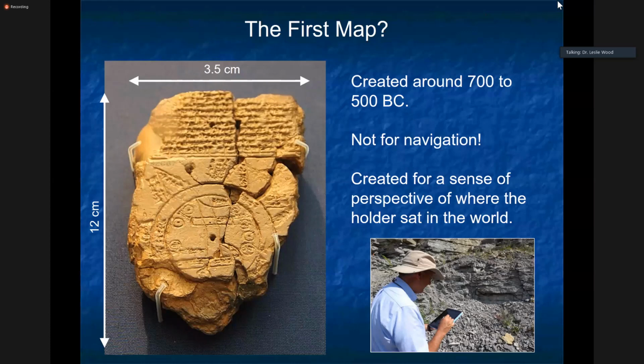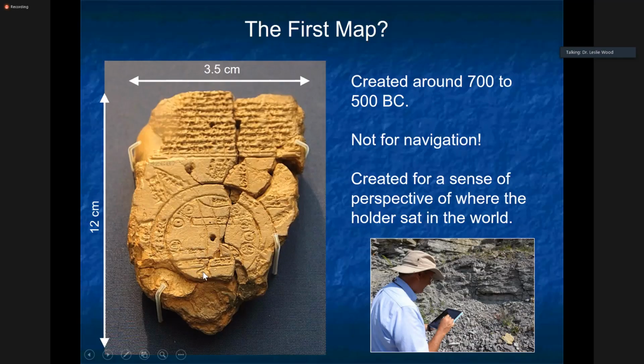The very first, what we think is the first map, was created between 700 and 500 BC. It was an interesting little map. It's a clay tablet, about the size of an iPhone, and it's a map of Babylonia. It has the Euphrates River right down the middle of it. It has the city of Babylonia located at the intersection or divergence of the Euphrates River. And it has an area out here that's labeled Bitter Water, and they believe that's the ocean, or what they thought was surrounding Babylonia.